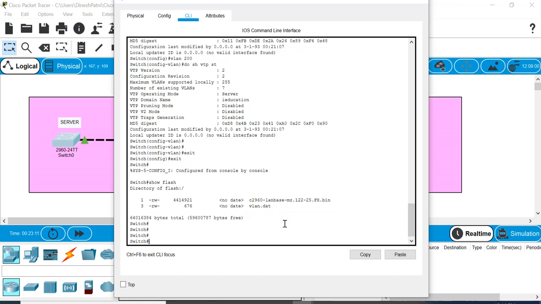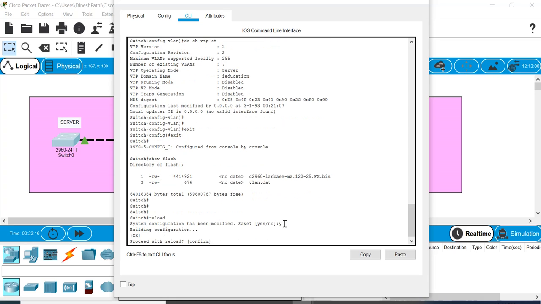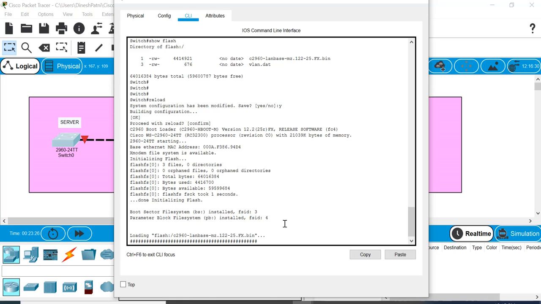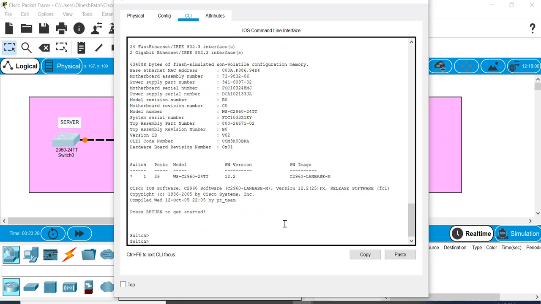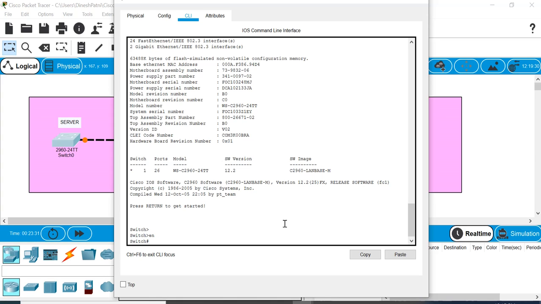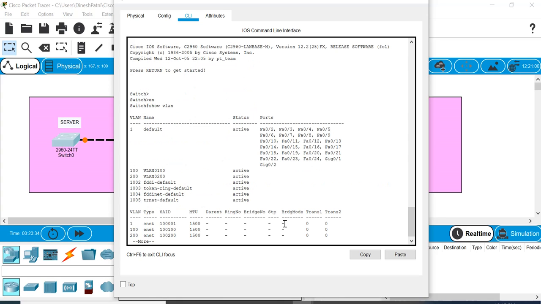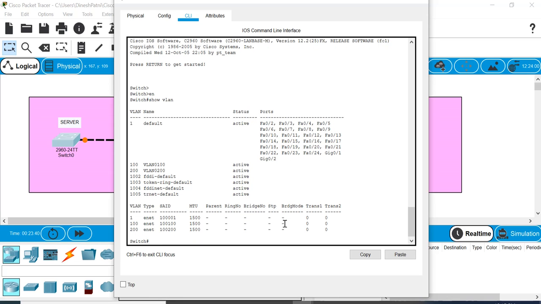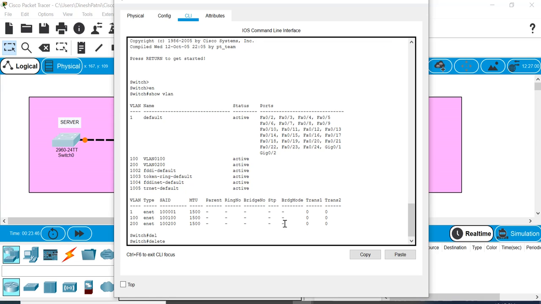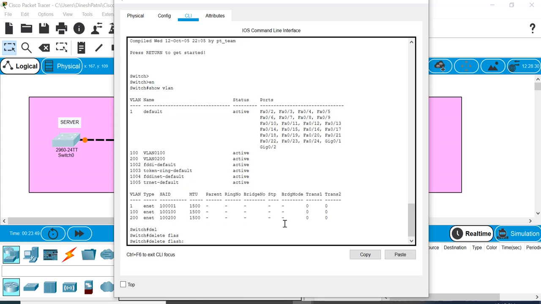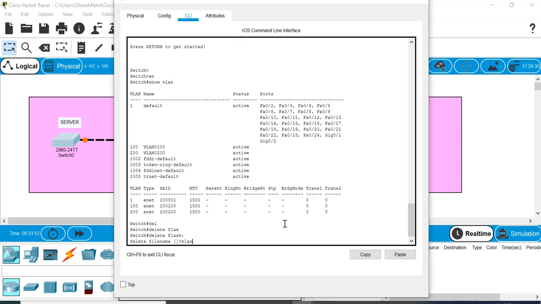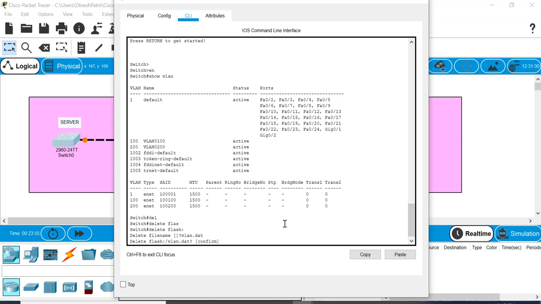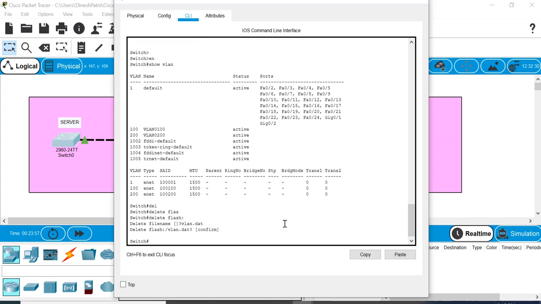If I reload this, then ideally it should not have any VLAN information, or it should have only the default VLAN, but it is having VLAN 100 and 200 because it has taken them from that VLAN.dat file. So ideally what we should do is remove that file from flash. The command is delete flash, file name vlan.dat. Confirm yes. Now if you reload,